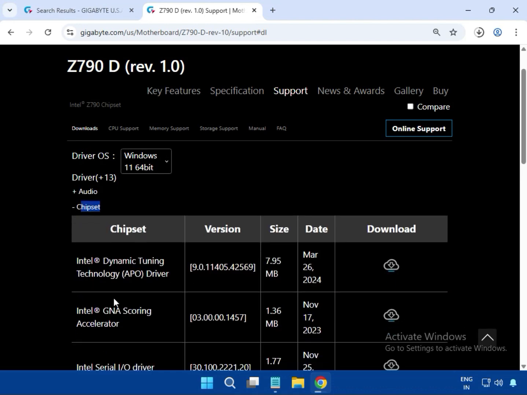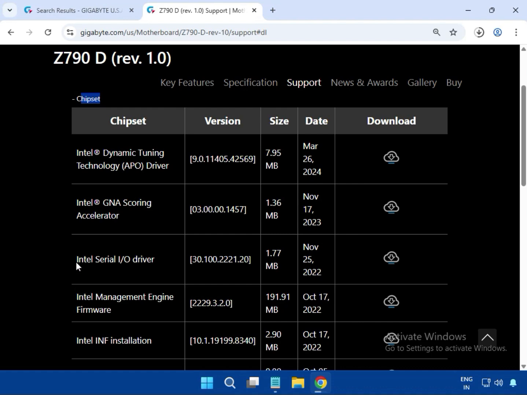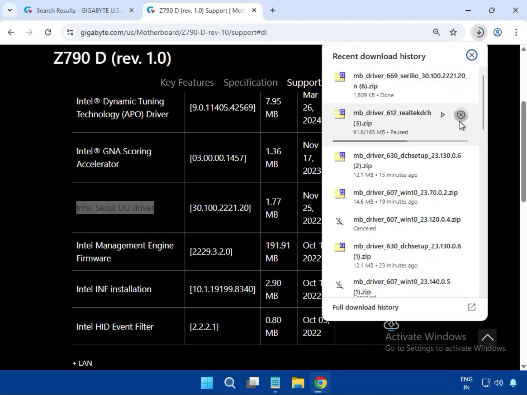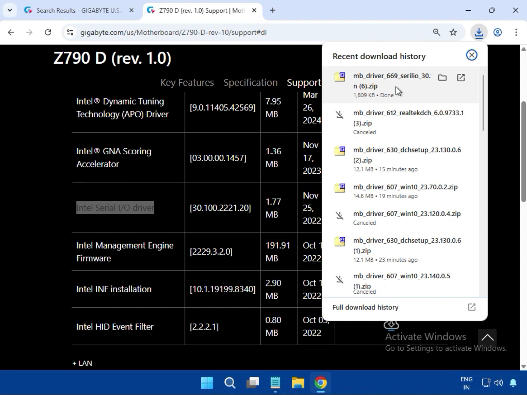Chipset. So install this one, the serial driver, and click to download. And it is completed. Then open